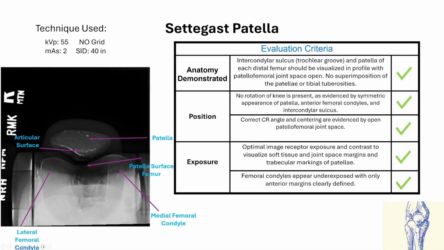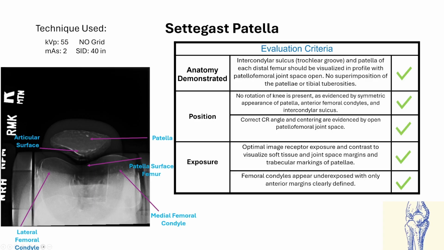Next, we have the Settegast patella evaluation. Our book recommends that we use a KVP of 55 and an MAS of 2. No grid is required, and an SID of 40 inches should be used. For the anatomy demonstrated, we need the intercondylar sulcus, which is also called the trochlear groove, and patella of each